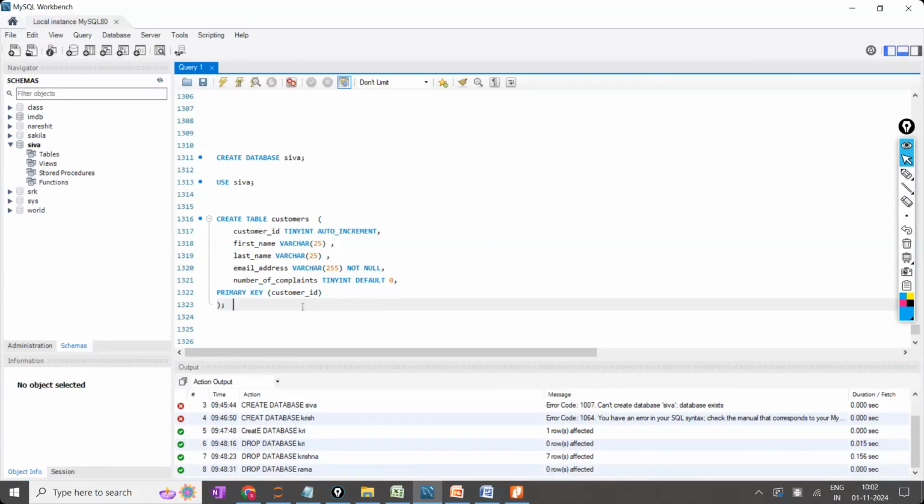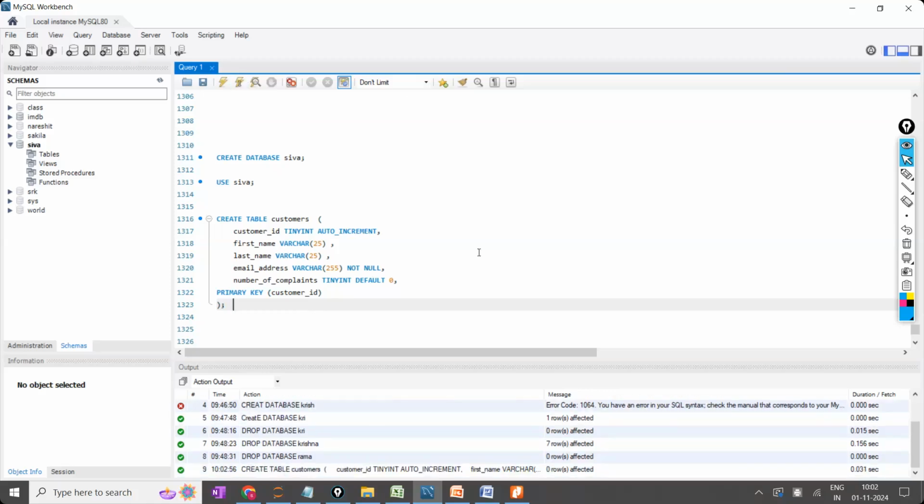So should I execute this query now? In this table, the foreign key is not there now. So let us execute this table. See, the table was created. Now here, as of now, on the table side, is any arrow mark there? No. I'm going to refresh. See, suddenly the arrow mark has come.